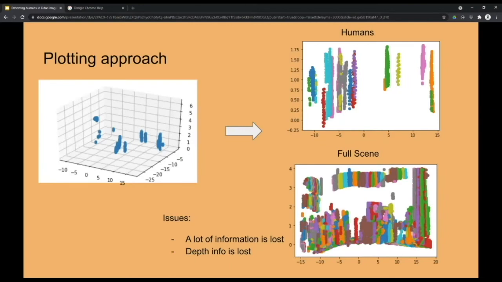And the reasons were pretty much the same. I'm losing the depth information, and I'm losing the information at the points where the coordinates overlap. So I give up this idea as well. Then I said, okay, I will just take an off-the-shelf algorithm and try to cluster the points and see what